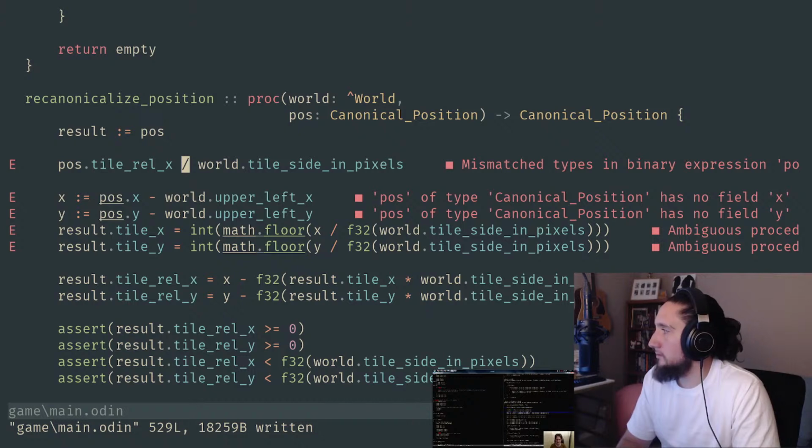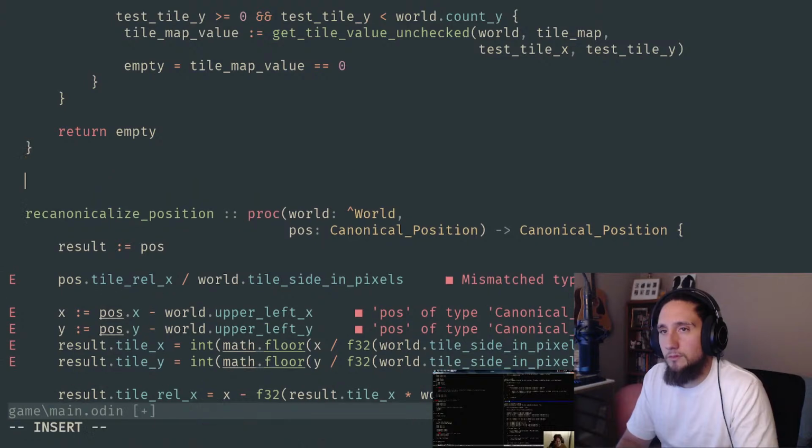First of all, we're going to move out of pixels, and then I might want to change, like I said, to center relative addressing. So I'm just going to go ahead and make this one mutation here. I'm going to make it in as dumb a way as possible, basically. And I think the way that I want to do that is I essentially want to make a function that's going to do the canonicalization